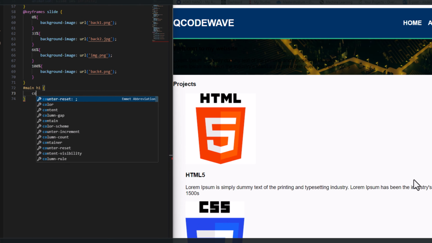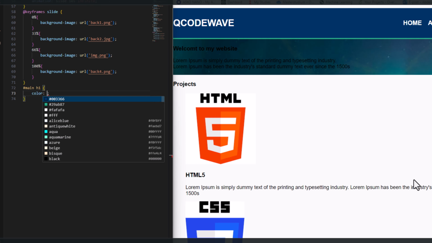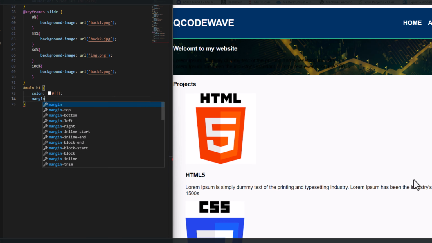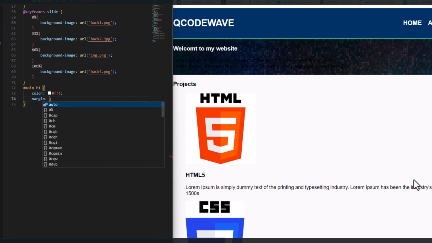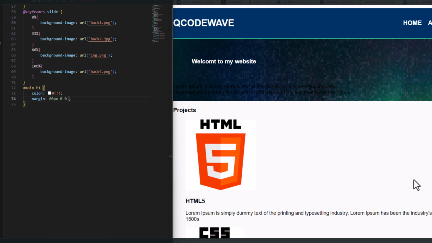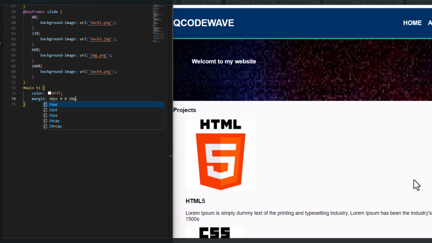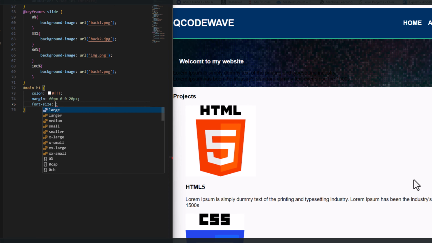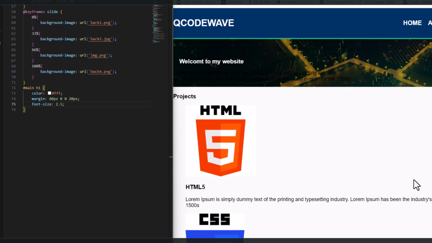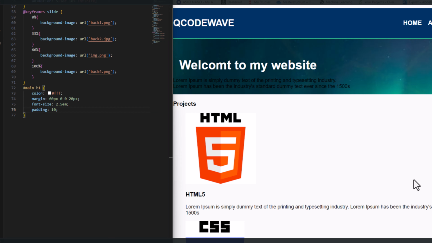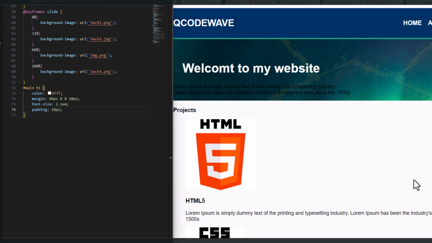So change the color to be white. Again, I want margin, create a space below the heading. So I want 6 pixel, 0, 0, and 20 pixel. Font size to be 2.5 em. Padding to have 10 pixel. The background, I want background to have